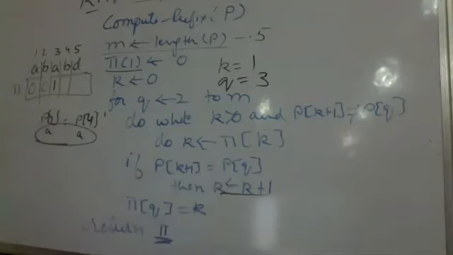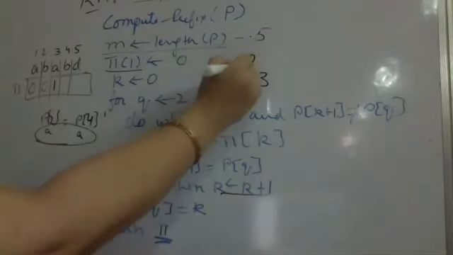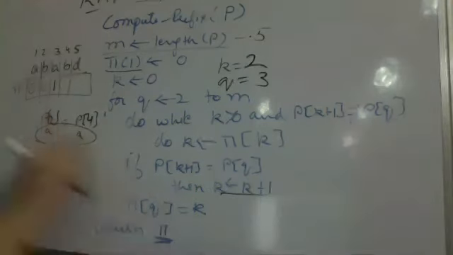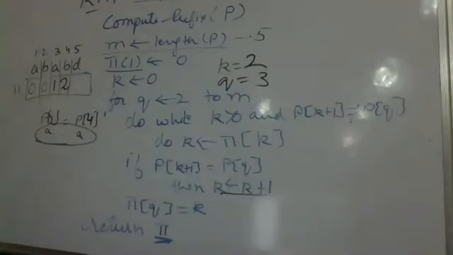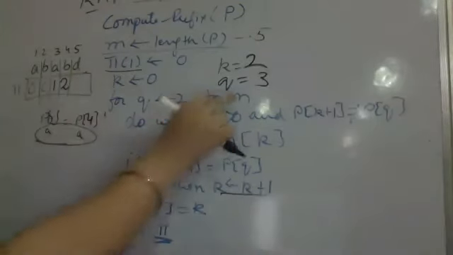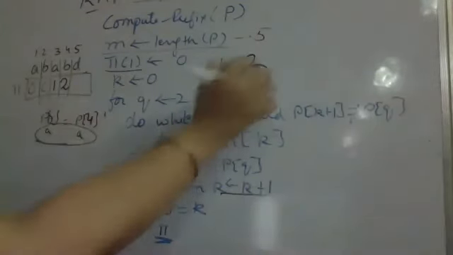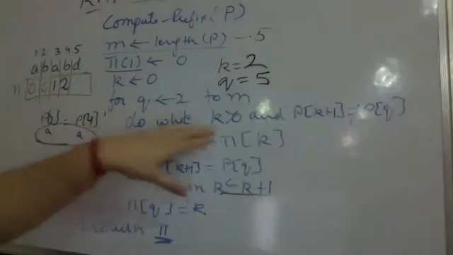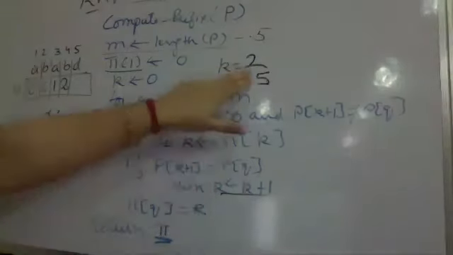K is incremented to k plus 1. K becomes 2. Pattern value of 4 becomes 2. So at 4, I store this value 2. I move to the next iteration of the loop. Q becomes 5. Now, when Q is becoming 5, I come here. K is greater than 0. Yes, K is 2. Is it not so?